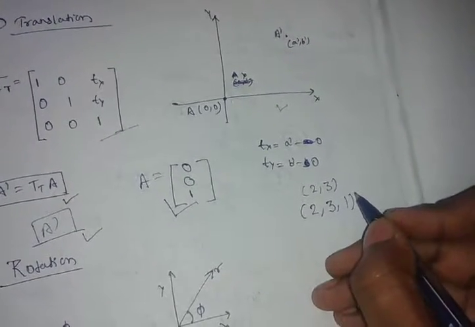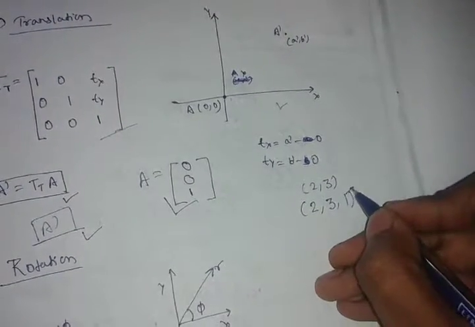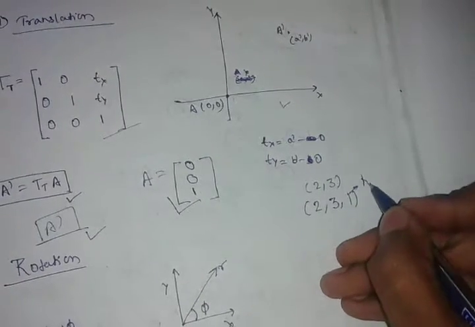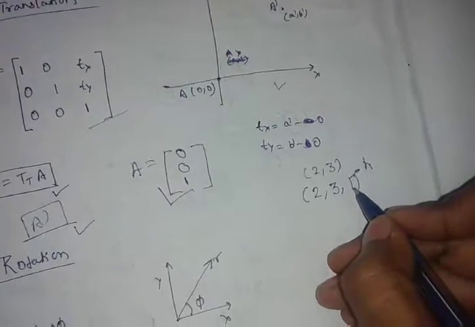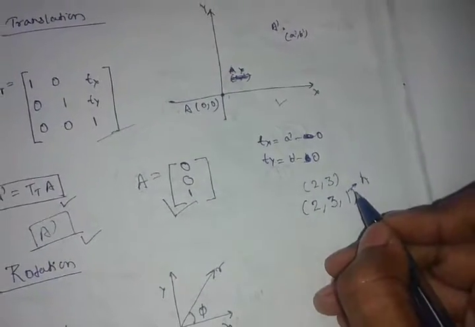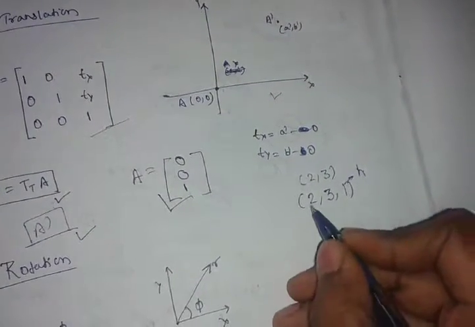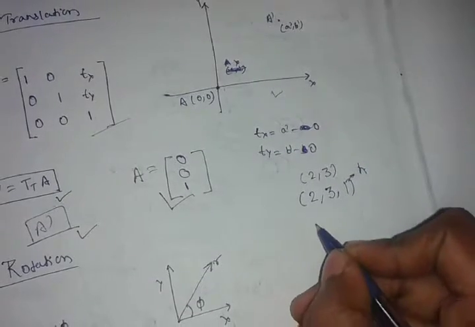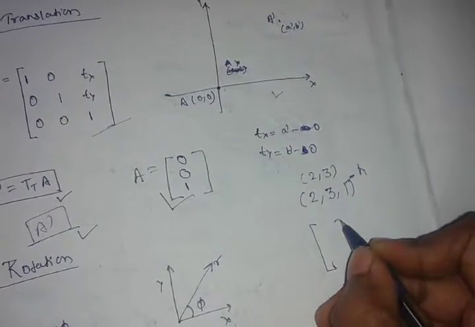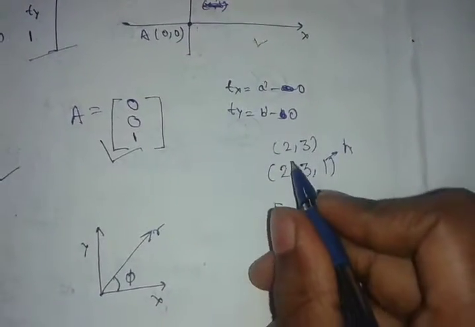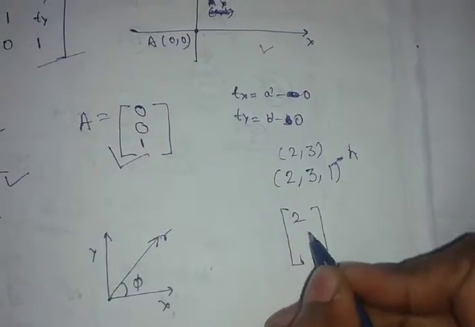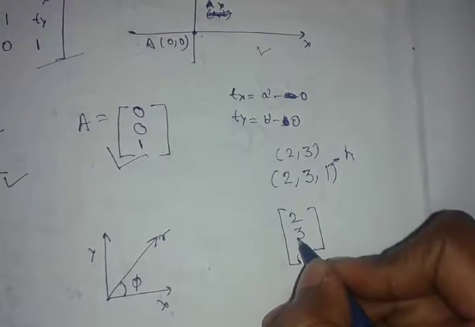Here h is a parameter which we inserted as a 1. Fine. So how can we write this point in matrix form? The first row is the x-axis value, which here is 2, the second is the y-axis,